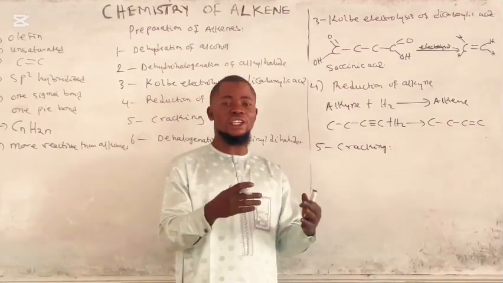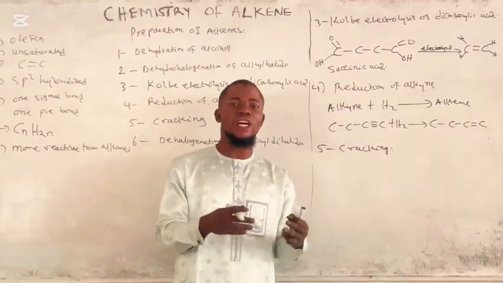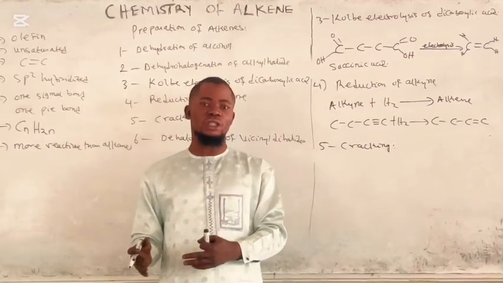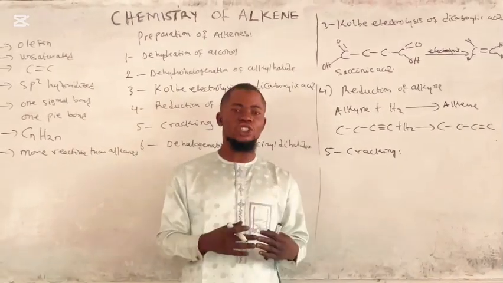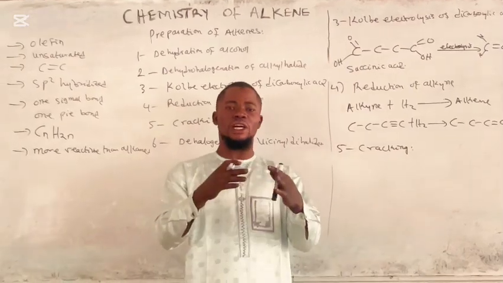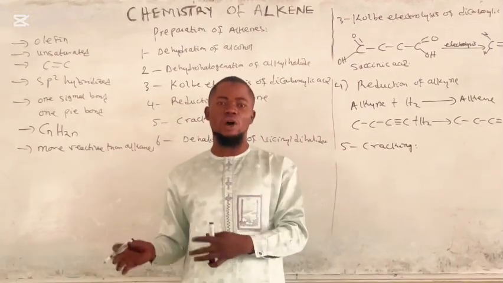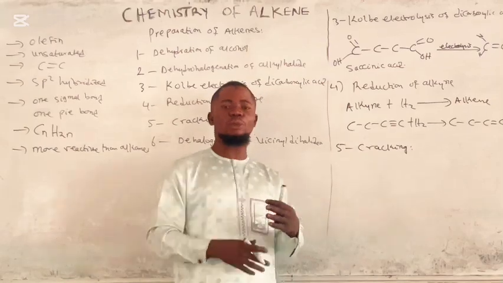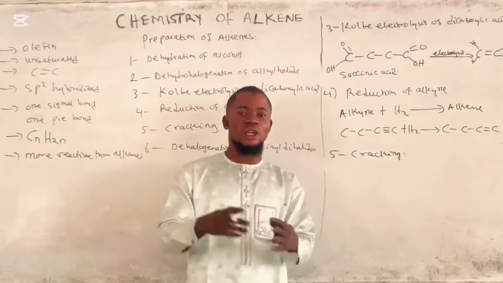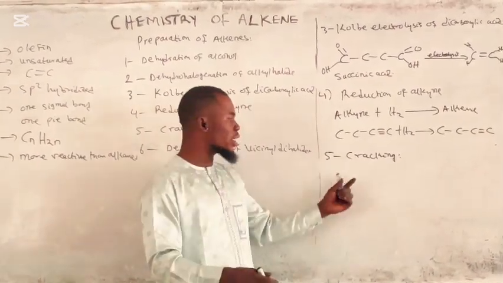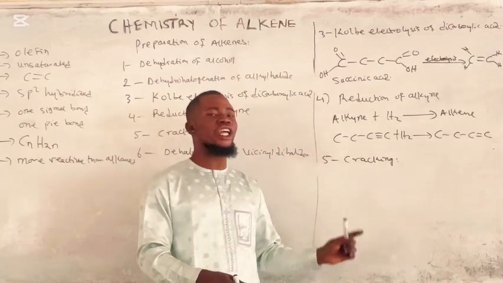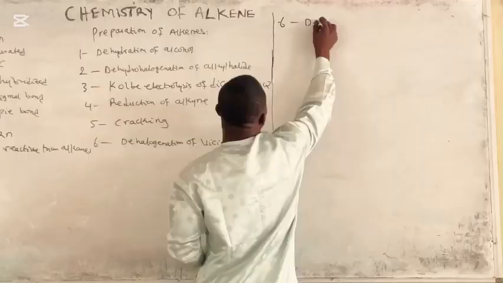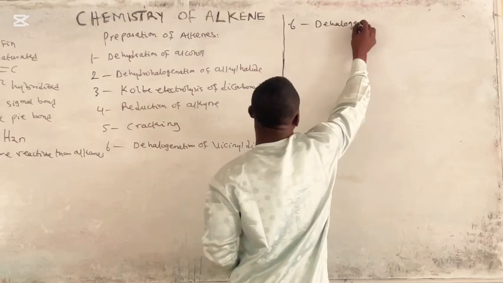We should know that an alkene can only be prepared during cracking if the cracking process occurs in the absence of hydrogen. Because in the presence of hydrogen, all the products of cracking will be alkanes throughout. While in the absence of hydrogen, the product will be a mixture of alkanes and alkenes. So an alkene can only be prepared from cracking in the absence of hydrogen. The last one we have here is the dehalogenation